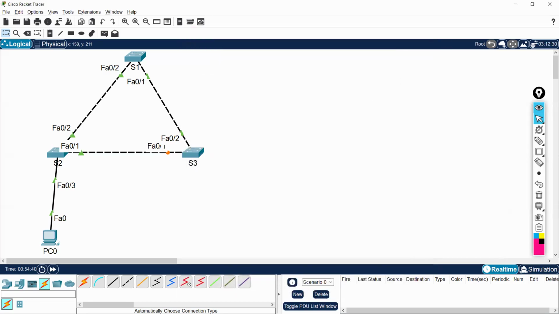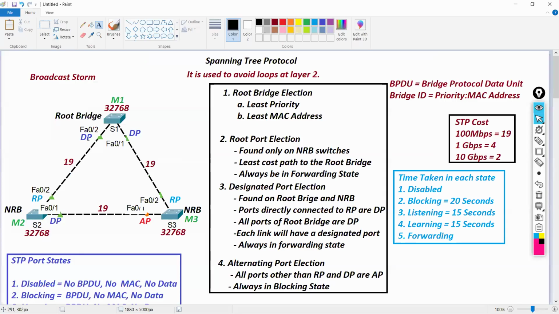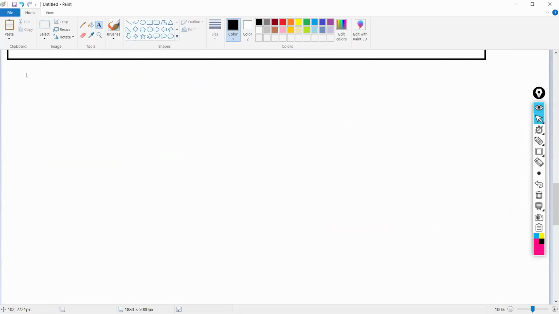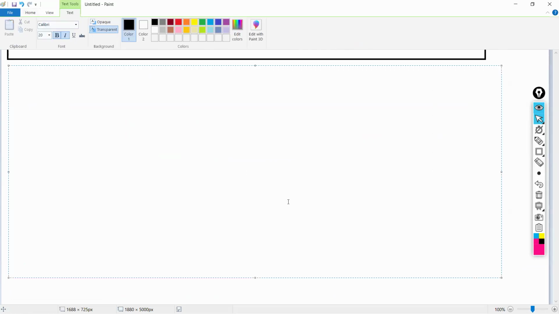Okay. So now let's talk about the protocols. Packet Tracer has problems, but not that kind of problems. We'll select anything random. First of all, let's talk about open standard protocols. Okay. So in open standard, the first protocol is your STP, spanning tree protocol,